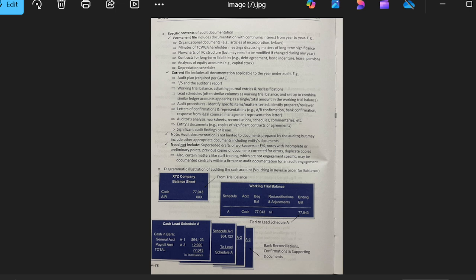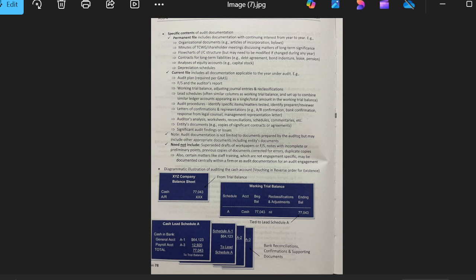And current files are the ones which keep on changing year to year. Audit documentation includes our current year documents, such as the audit plan, financial statements and auditor's report, working trial balance, adjusting journal entries, lead schedules, audit procedures, auditor analysis, worksheets and reconciliation, entity's documents, and significant audit findings and issues. So these are the current files that need to be documented depending on the current year audit that we are